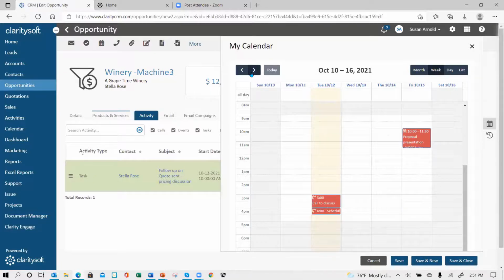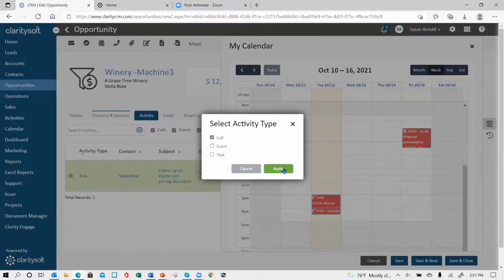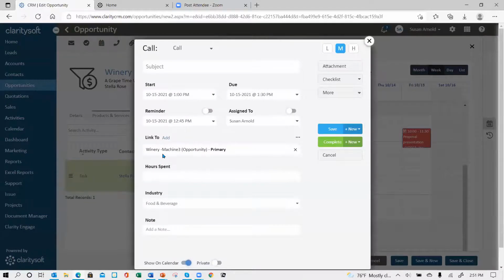And then you can say, oh, well, I have, let's see, we did this today. I want to give another call on Friday. So I'm going to do this. It's a call, apply. It's already connected to the opportunity. Okay. And then you can make it a follow-up call again. So using that pop open calendar really makes it easy because wherever you are in the database, you can then pop open the calendar and then it automatically is connected to the contact, the account, or the opportunity, or you